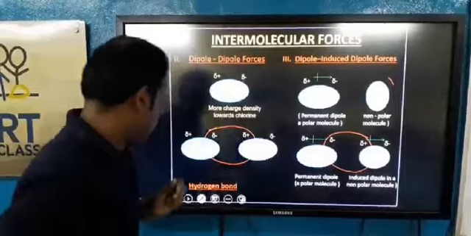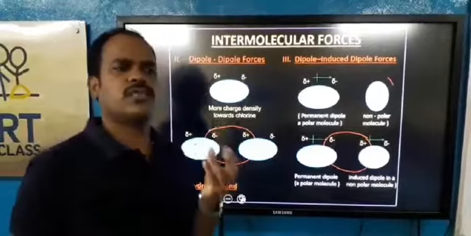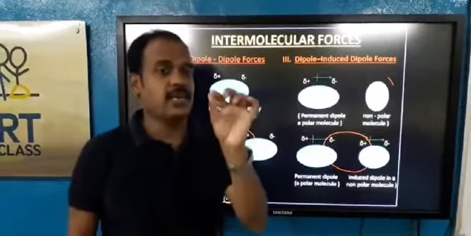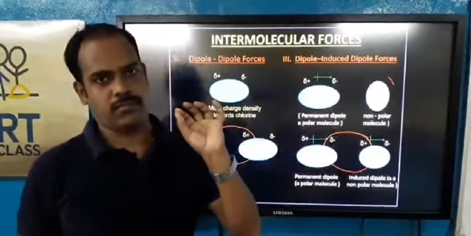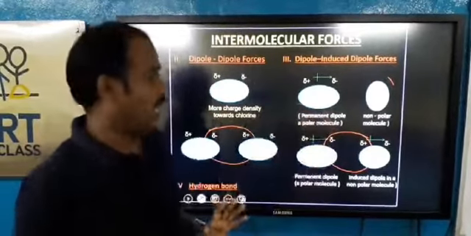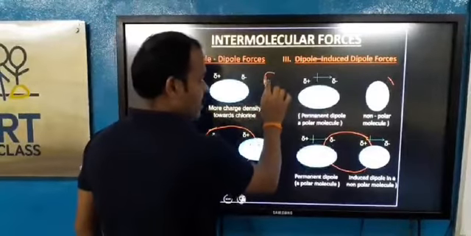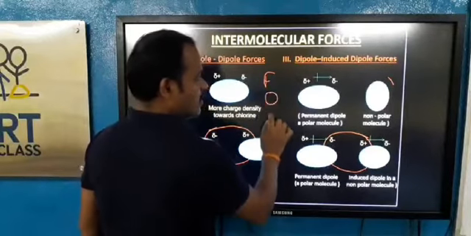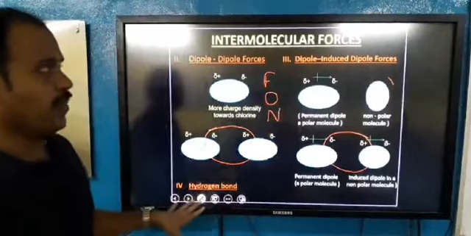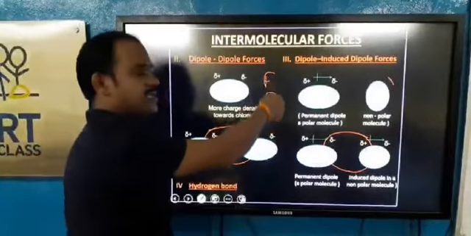Now before the discussion, let's see the hydrogen bond. Define hydrogen bond. Hydrogen bond is a simple type of bond which is formed between hydrogen and an electronegative element. Okay, remember this one. Between hydrogen and an electronegative element. And these electronegative elements are: the first element is fluorine, the second is oxygen, the third is nitrogen. So a hydrogen bond will be formed between hydrogen and any one of these three elements.